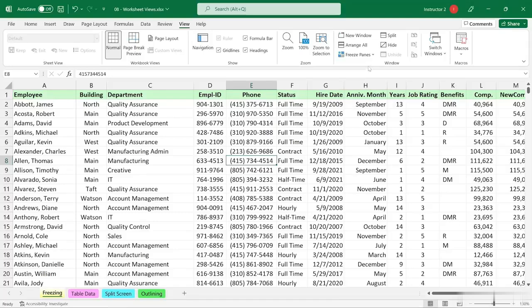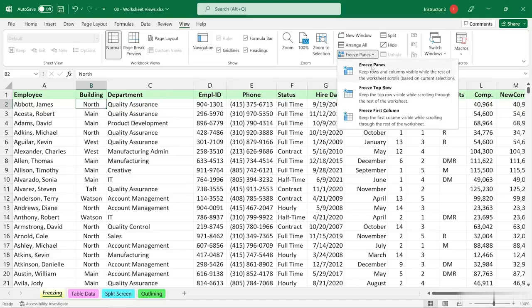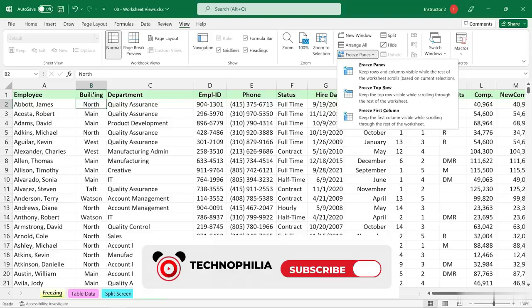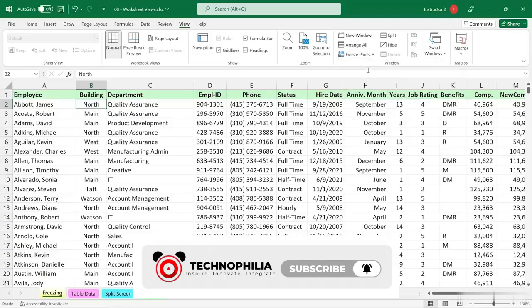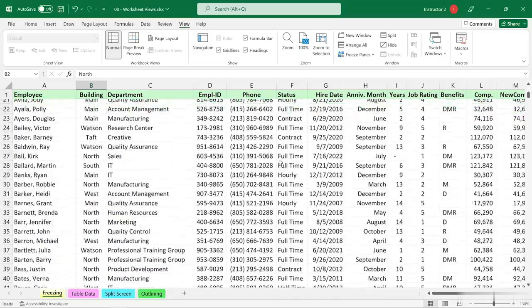We can do both, but we first have to unfreeze the panes and then making sure that row 1 and column A are both visible, we'll click on cell B2. And now, as we freeze panes, the description, keep rows and columns visible while the rest of the worksheet scrolls based on current selection. What we are about to do is freeze all rows above the active cell and to the left of the active cell. Freeze panes,